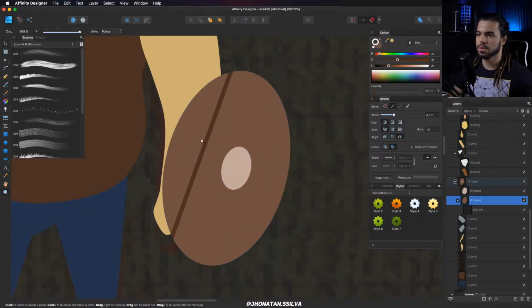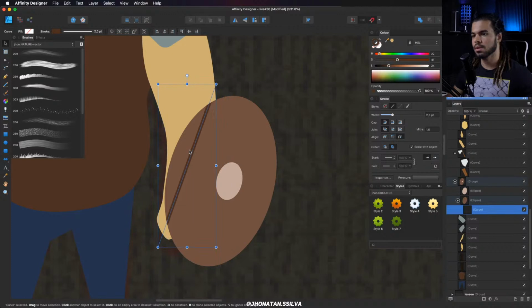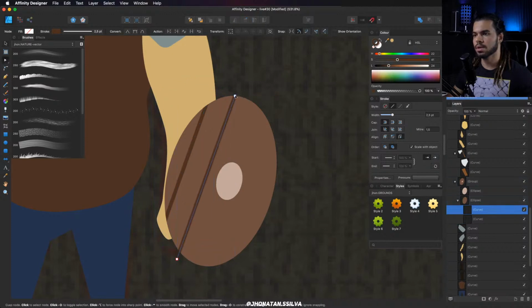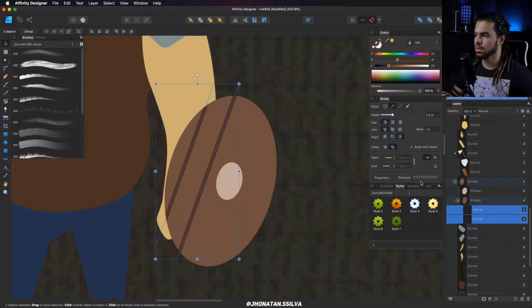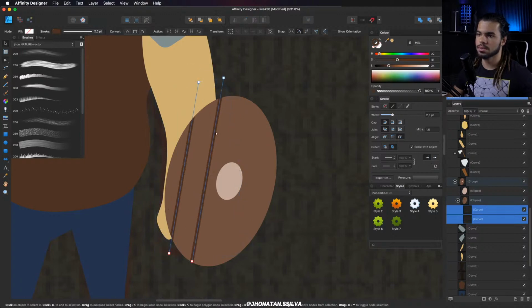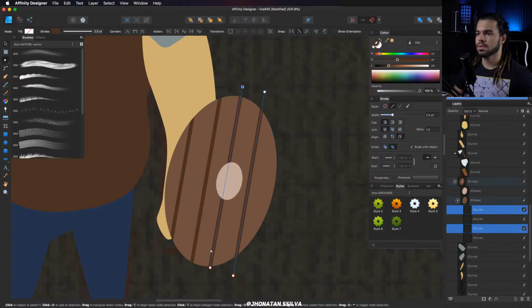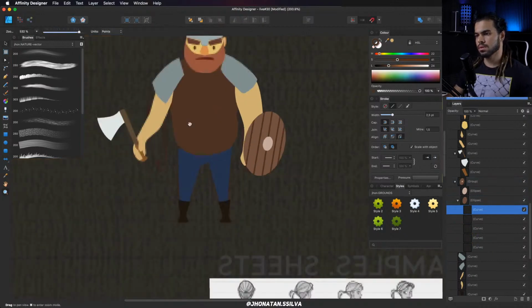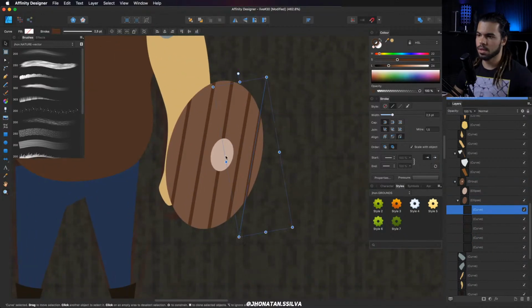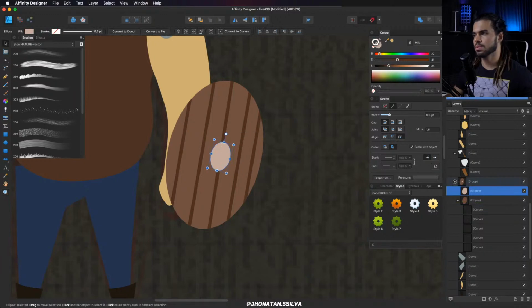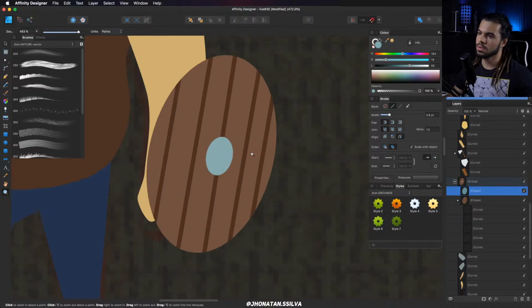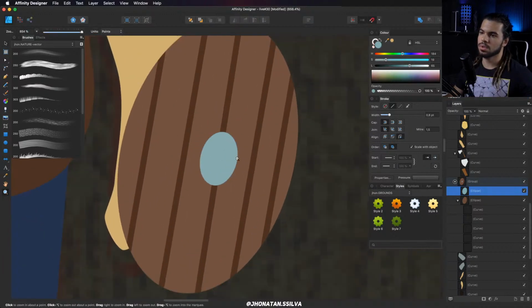All right, this shape here, and I will apply this and duplicate the lines. Like this, and let me just fix this one here and apply a better